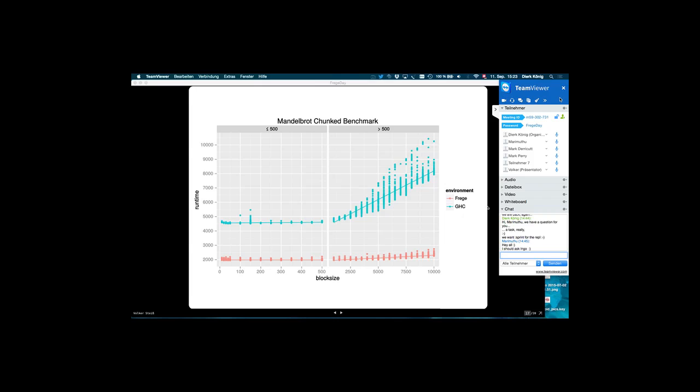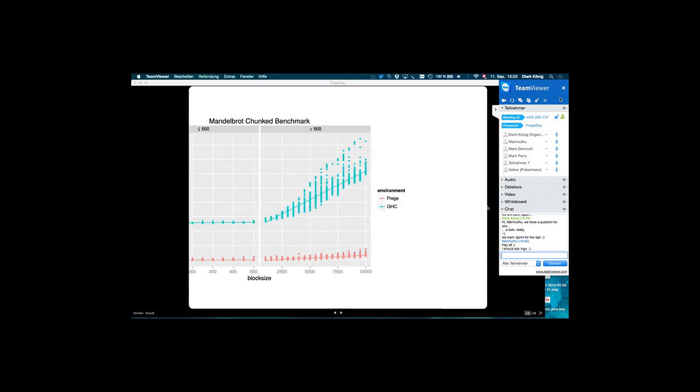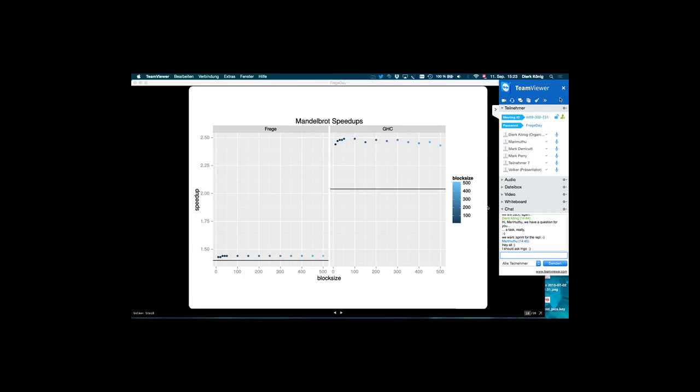So I split this because it wouldn't look nice if I draw the mean between. So you see that under 500 or equal to 500 block size, it's nearly the same, and here it really goes up. That's why I chose this. So after 600, those are the speedups for the different block sizes. But no, only those we've seen before, less than 500, let's say equal to 500, because there are two